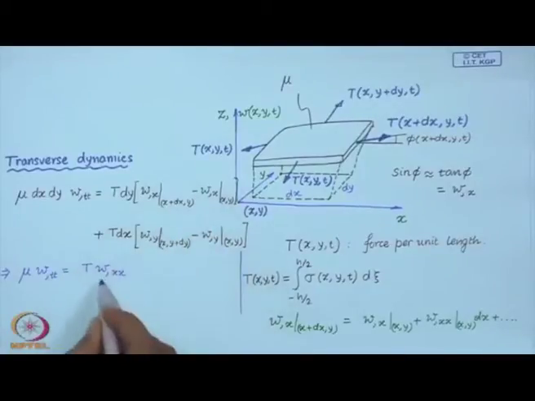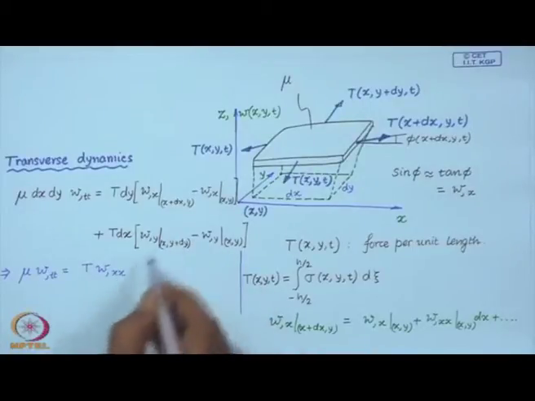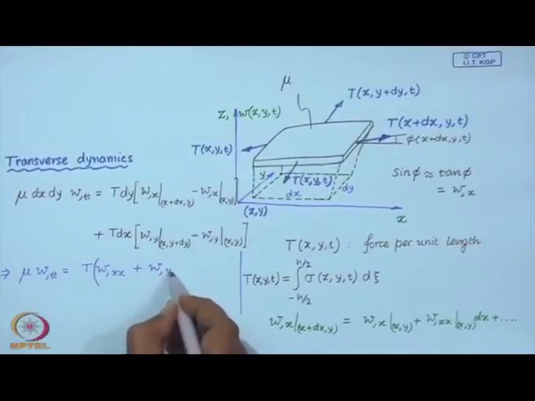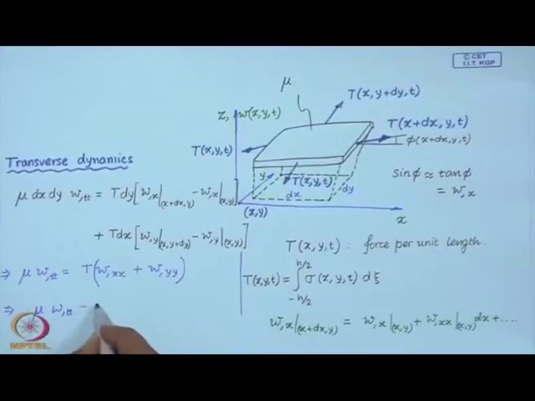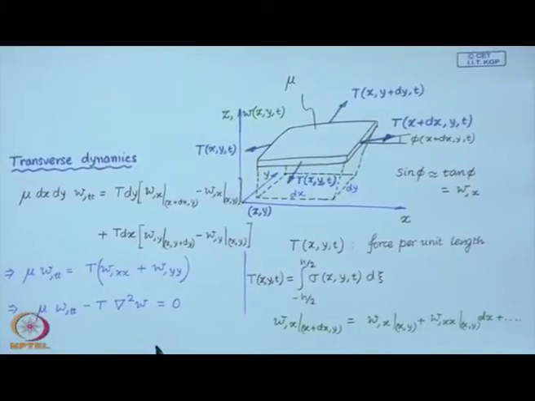From this will contribute a term del square w del x square, and this is going to contribute the term del square w del y square. So, that implies, now this is the Laplacian of w. And this can also be written as